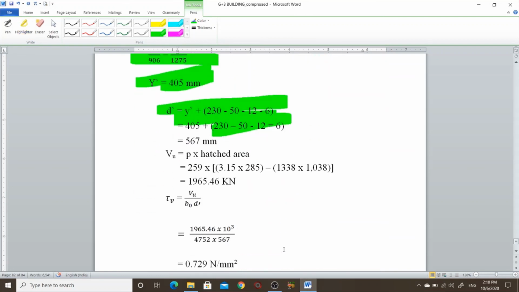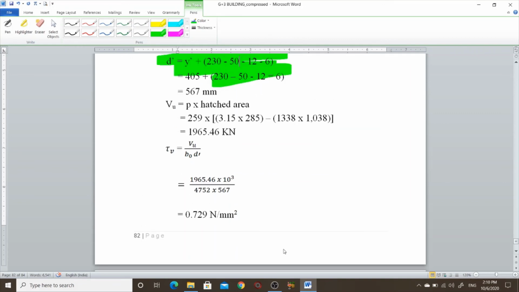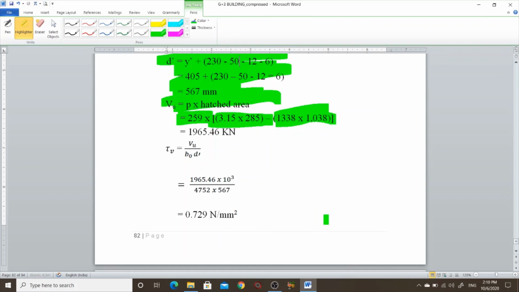So overall d dash is 567 mm. So Vu is equal to P into the area: 3.50 into 2.85 minus 1338 into 1.038.